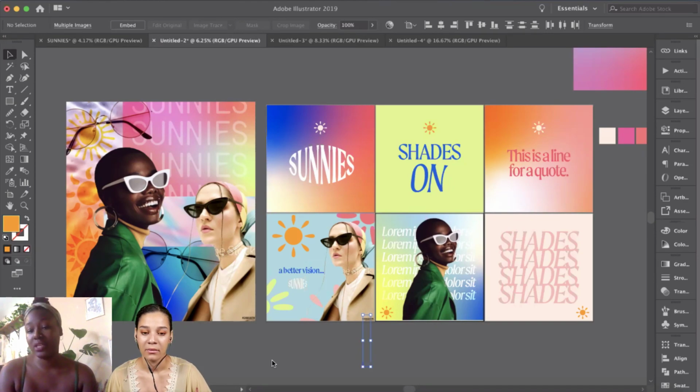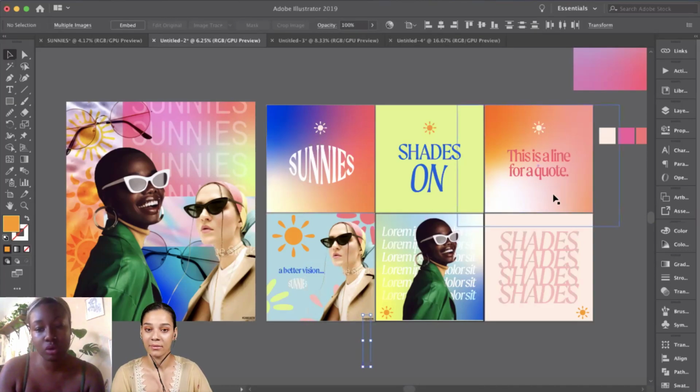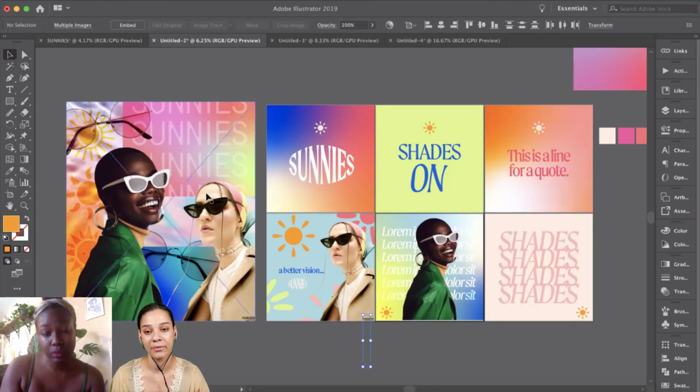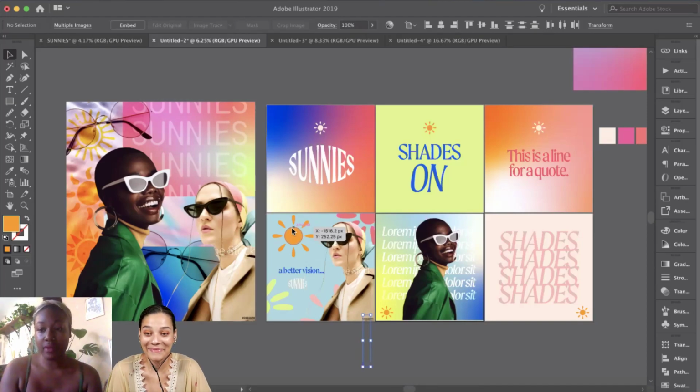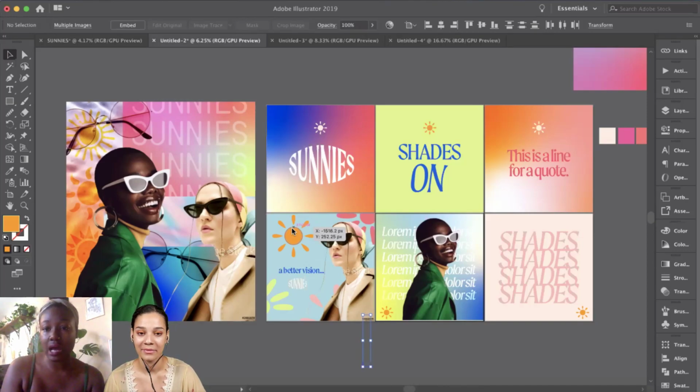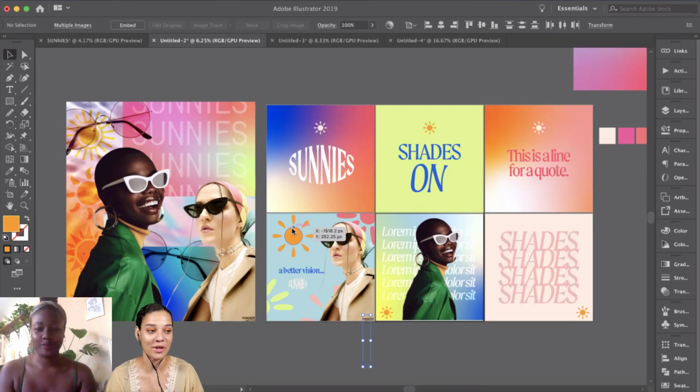Yesterday we did the logo, the branding, and the color palette. We came up with some really cool gradients. I started off with the mood board, the look and feel of the brand, and today I'm going to focus on the illustrations of the brand. That's really going to tie all of this together. When we're done, we're going to mock everything up on a sunglasses case and a few other assets so we can see Sunnies as a whole. I'm super excited about it.